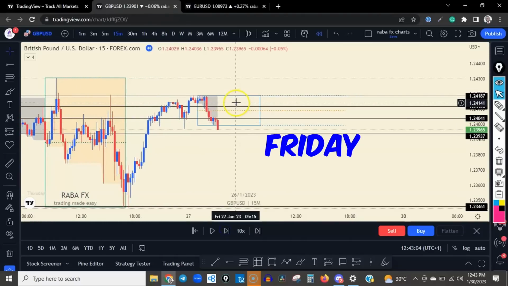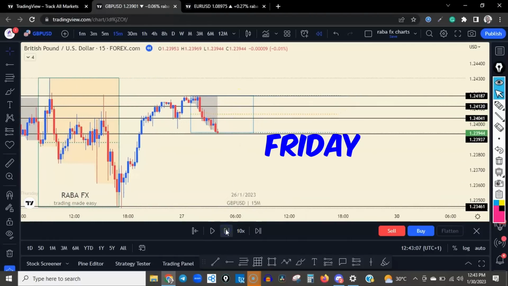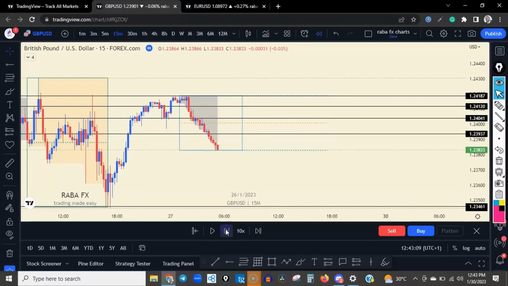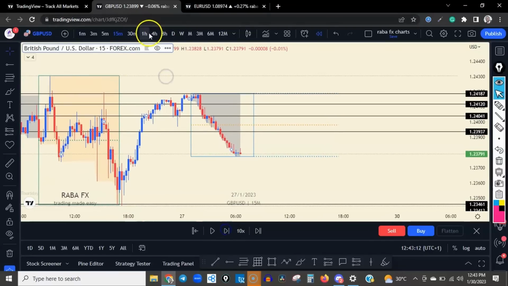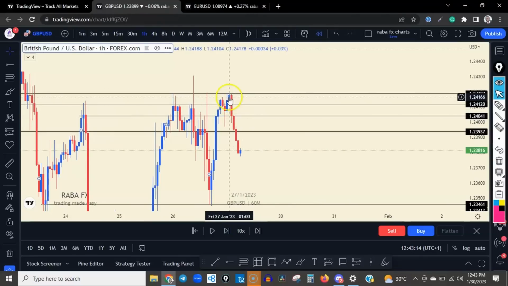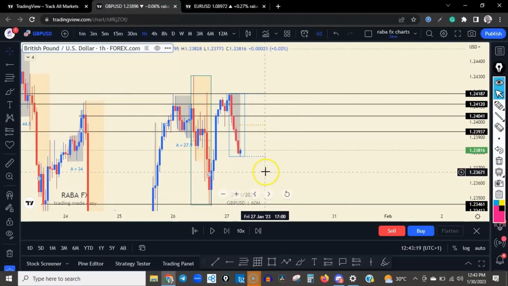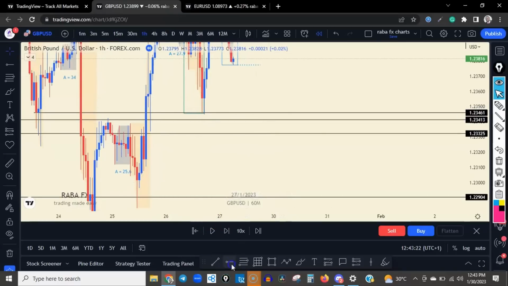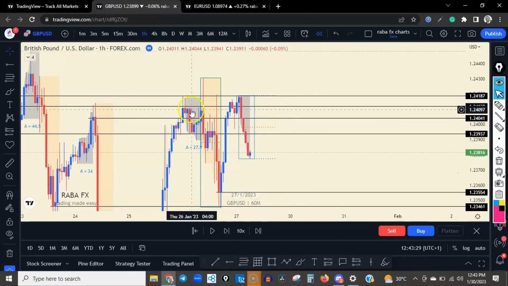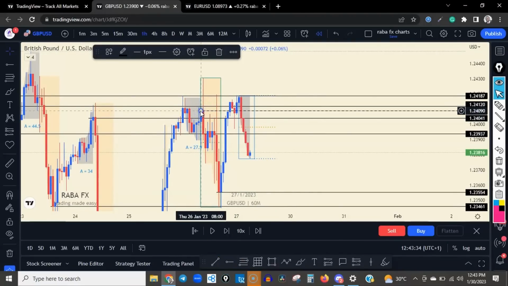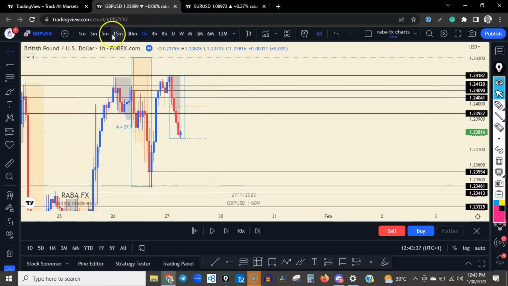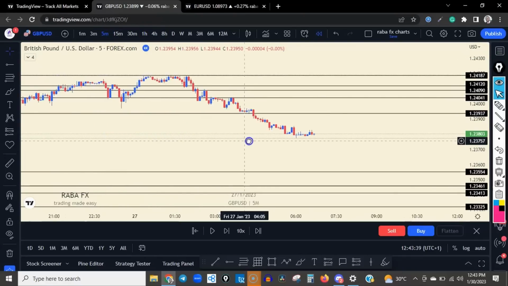Now Friday, this is Friday for the week. So before then, you go to your 1 hour, mark out that zone. You can see we still have the previous zones. We have this level here for the week. Okay, and we have this. So go back to the 5 minutes,